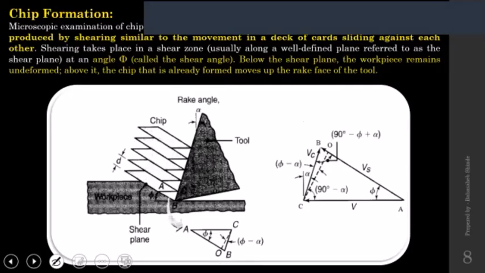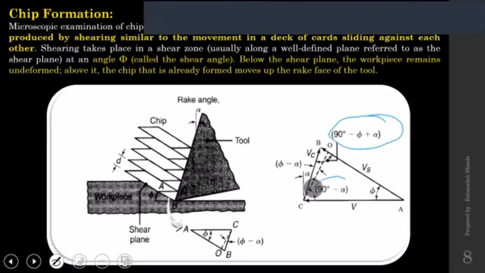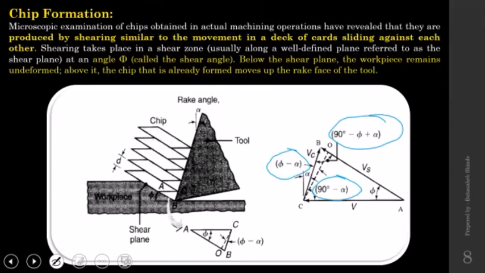Now once you have got those inclinations, there are certain relations that we are going to study in the upcoming slides. But before that, how you got that 90 minus phi plus alpha, 90 minus alpha, phi minus alpha, that was supposed to be clear to you. So if you have any doubt, if you need any further clarification, let me know so that I would explain it again, or else I'll proceed to the next slide. Should I move to next slide?